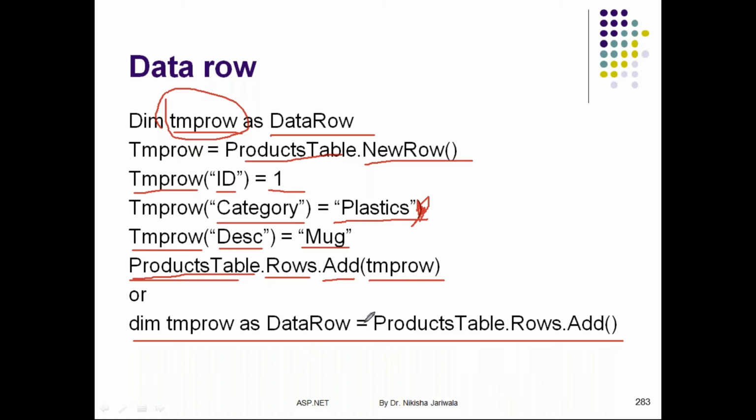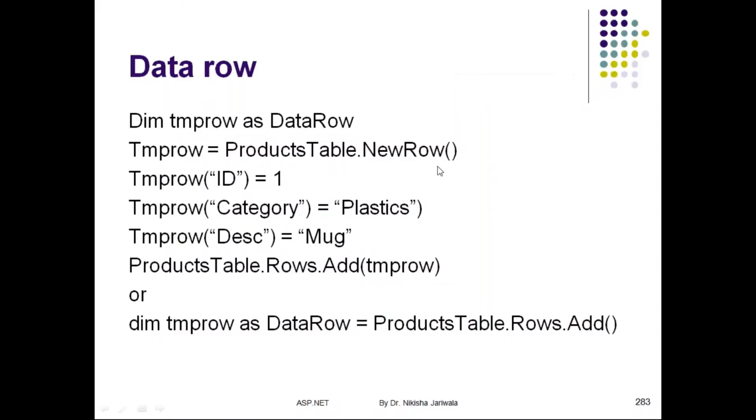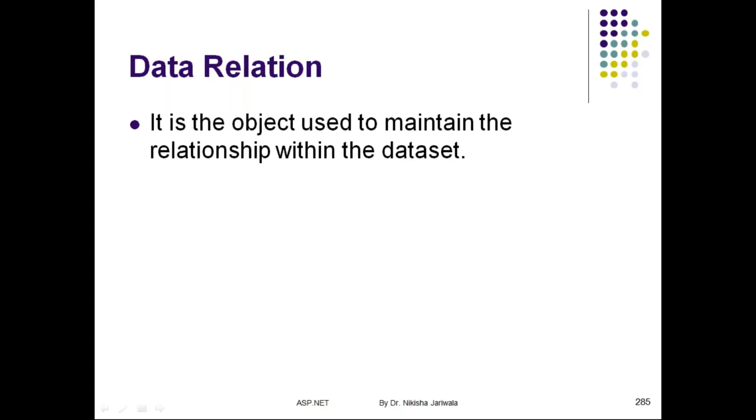So students, as you know, we have seen the same example within VB.NET, but over there it was the employee table. Over here we have considered the product table. If you refer to the book, you will get the example of the employees table, which we have already done in VB.NET, and it is also present in the ASP.NET book. So this is the important thing: if we want to create dynamic tables within a dataset, it is done with the help of data rows, data columns, and data table.